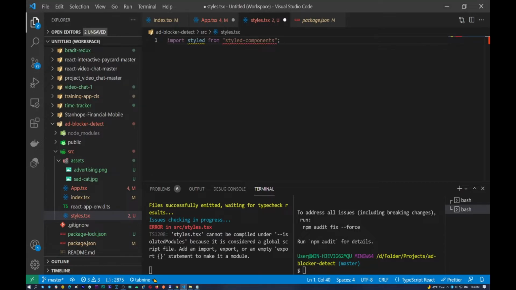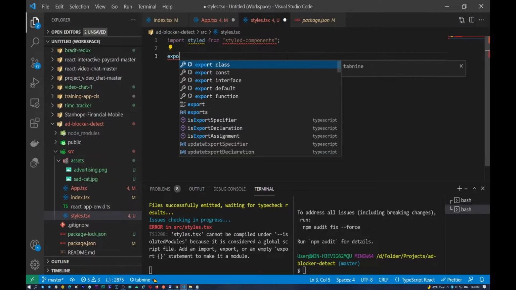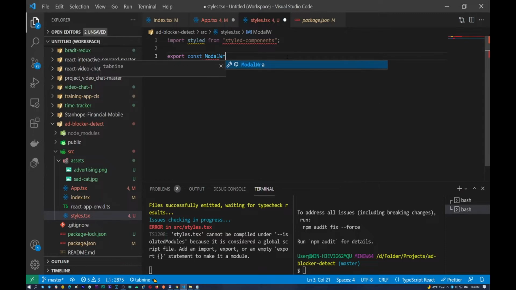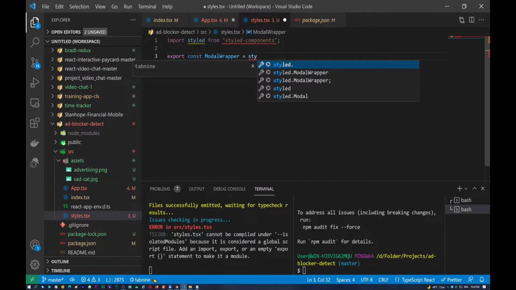So import styled from styled component. And what do we need to do here? So I want to export const modalWrapper, which will be equal to styled.div,